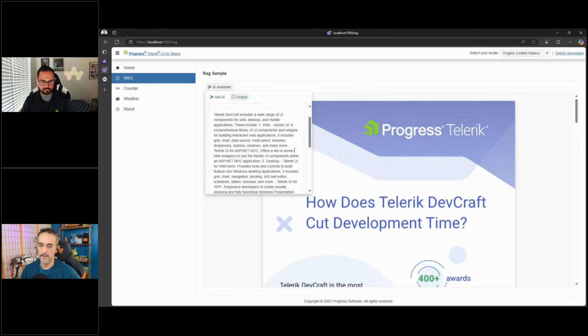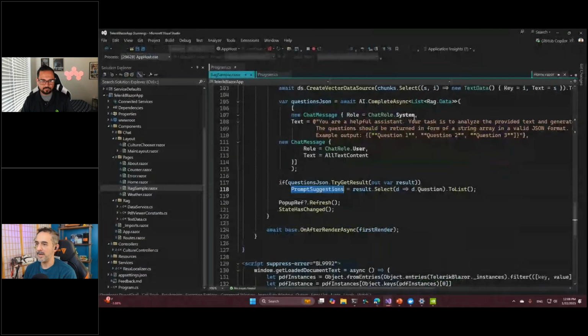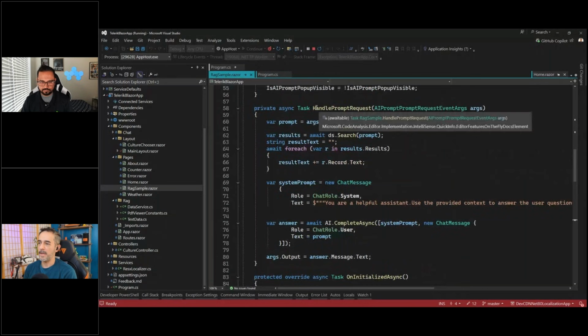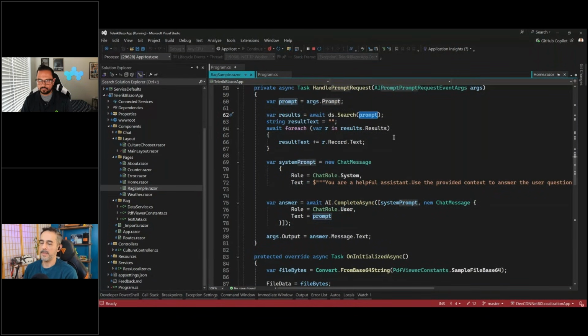So what it's doing here is when you click on that generate button, we'll jump back over into the code and unpack some of this again. It is going to call this handle prompt request that's coming from our Telerik AI chat component. So that event gets raised from the button click, and then the user's search prompt gets injected here, and it's going to go through and search through an in-memory vector database and get back the results that match what the